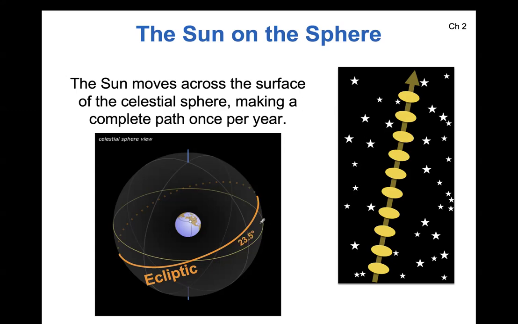The maximum angle between the ecliptic and the equator is 23.5 degrees. That angle is the tilt of our planet. The axial tilt of Earth is 23.5 degrees. Therefore, the ecliptic maxes out at 23.5 degrees. Why does it reach a maximum? Because of how the tilt of the